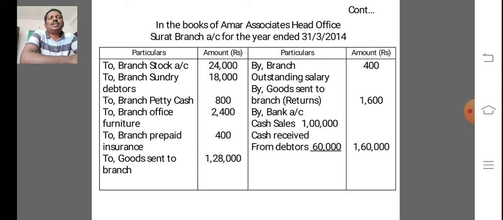And then next, crediting the opening liabilities like branch outstanding salary, which is only 400. And again, debit goods sent to branch account, that is with the cost price of goods sent by the head office to branch, 1,28,000, and credit the bank account with the remittance made by the branch to head office. Head office is cash sales 1 lakh, cash received from debtors 60,000, and crediting the goods sent to branch, that is returns,